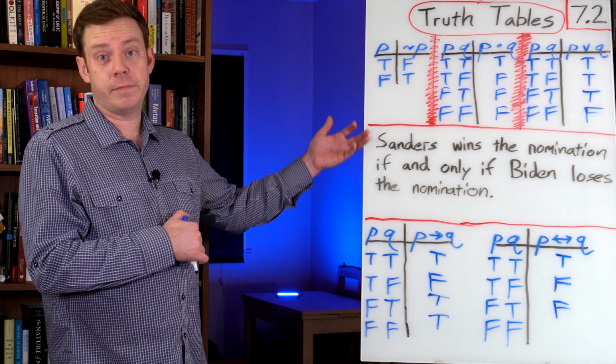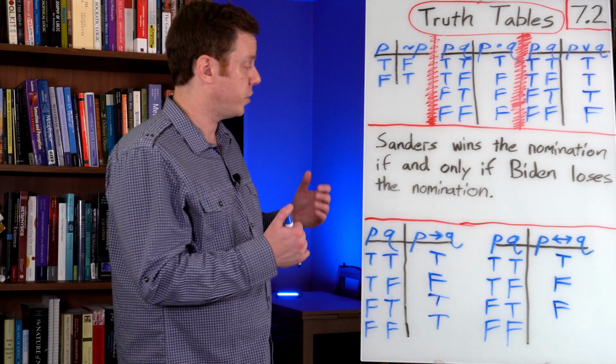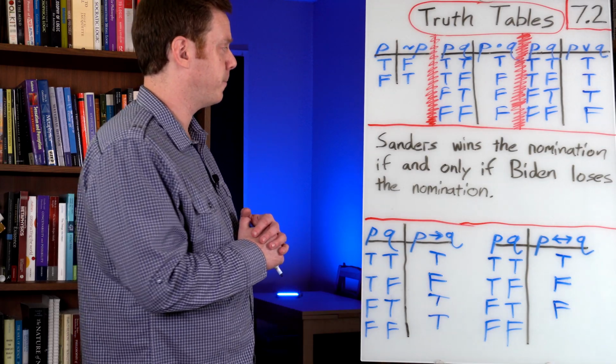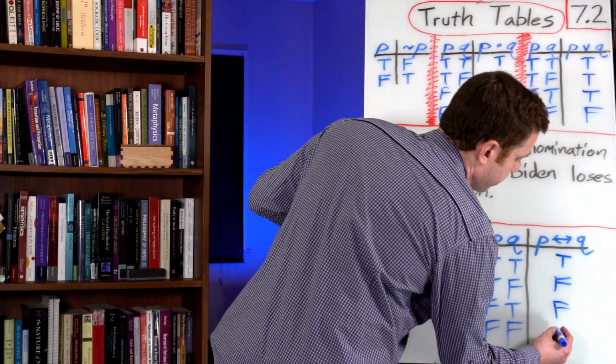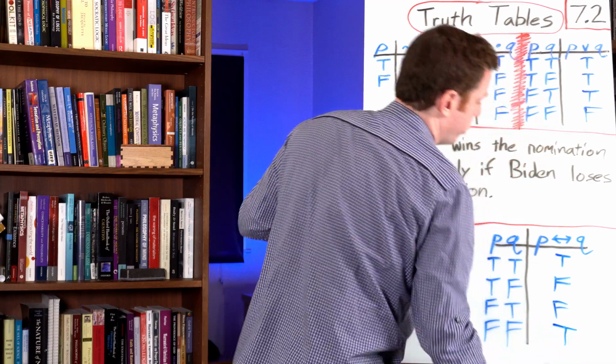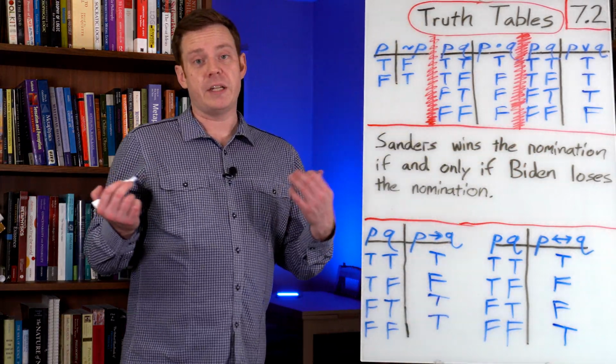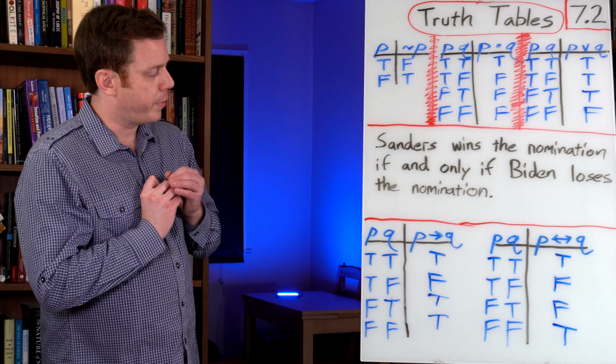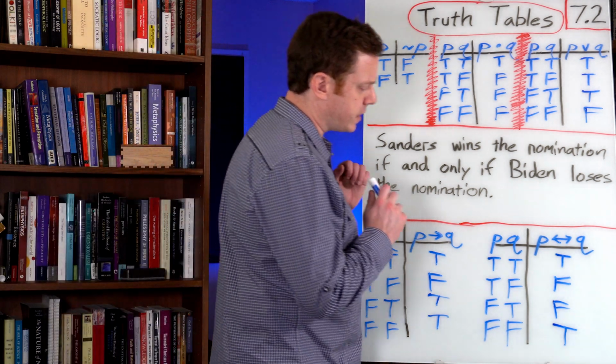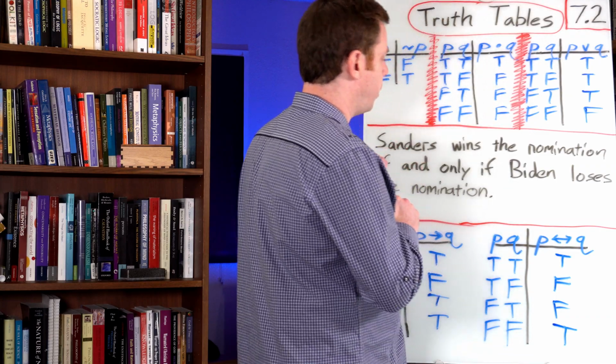Well, then this whole statement works. It still works, right? Nothing was violated. So it's actually going to come out true when both parts are false. That might strike you as odd, but this is how these work. I'll explain in a moment